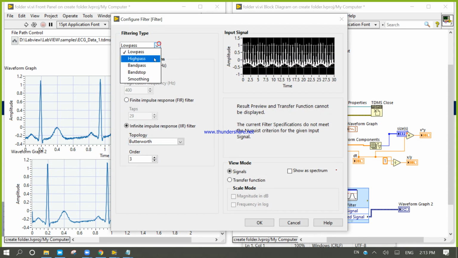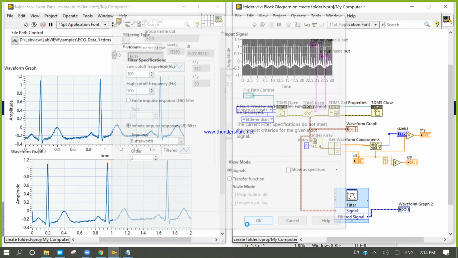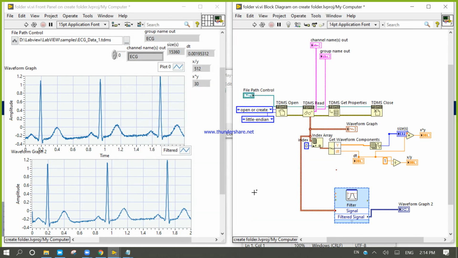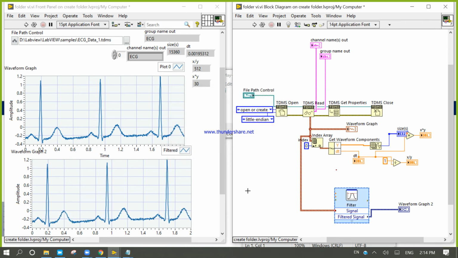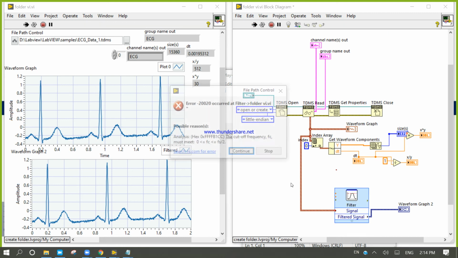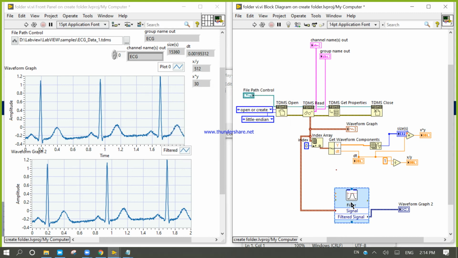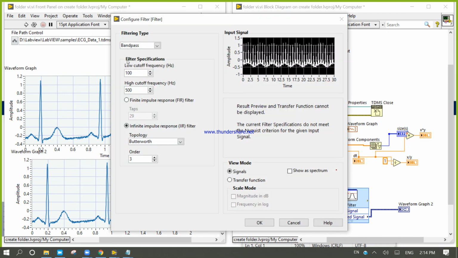So again I open, and I will use the band pass filter. I will use this 600 band pass filter, and I will run. Then wait. For the band pass filter, I will use this. This is 500, and this is 100.